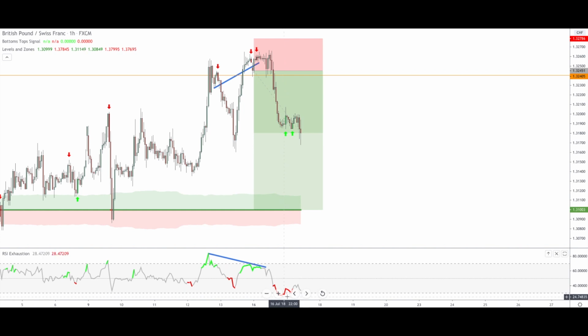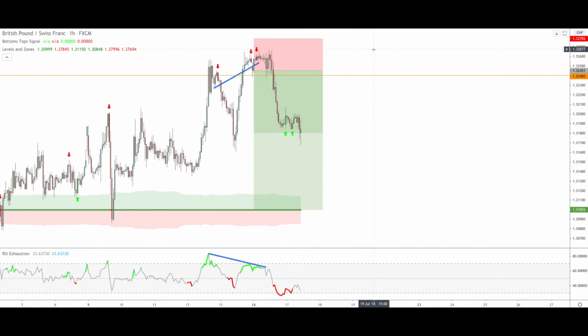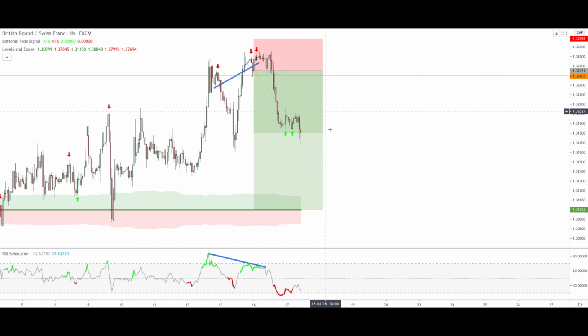rising RSI exhaustion down here, this doesn't look to be actual bottoms, or at least major bottoms, which means that from this point it will start a very strong uptrend. So even if these were minor bottoms, I wouldn't care, because the price, it is true, they are bottoms, so the price might go up a little bit, but then it will eventually come down, and this is what we want. So when I see this kind of bottoms here and this kind of exhaustion and RSI movement down here,